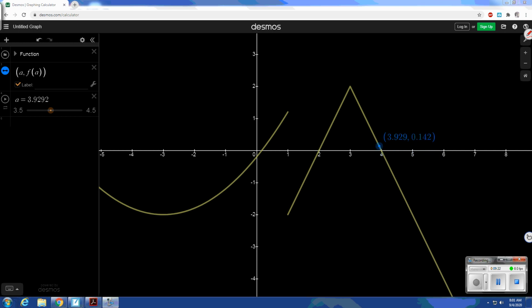Now let's look at one final example. Let's say that we want to determine the limit of f of x as x approaches 1. Again, we have to answer this two-sided limit question with a graph. For us to do that, we are going to look at the one-sided limits and see if they match. Now you can see at 1, we have this big gap here. As you could probably imagine, we're going to have an issue, but let's just see visually what's going on